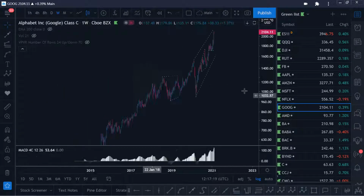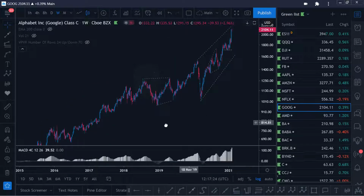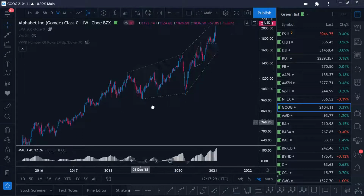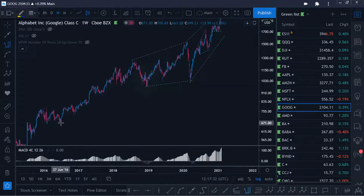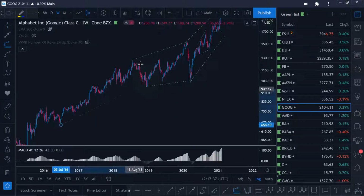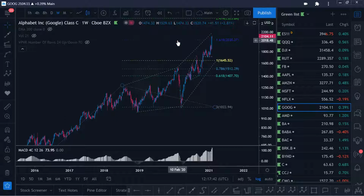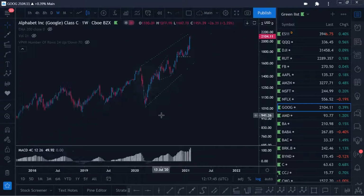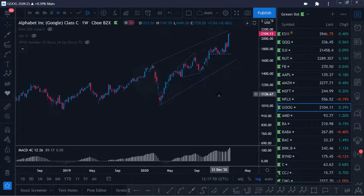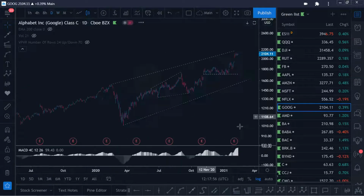Google's another one. There's no real conviction for structure on the lower time frame. I can't find anything. Maybe we're looking at this as an expanding flat and we have our look that's long, but even then, that would be your previous impulse, which makes this correction too short. And when you even look at that as your correction, we're sitting well beyond the extended region even. If we go back to looking at this as your structure, A, B, C, wave to come, again, we're sitting right at the top of this structure where